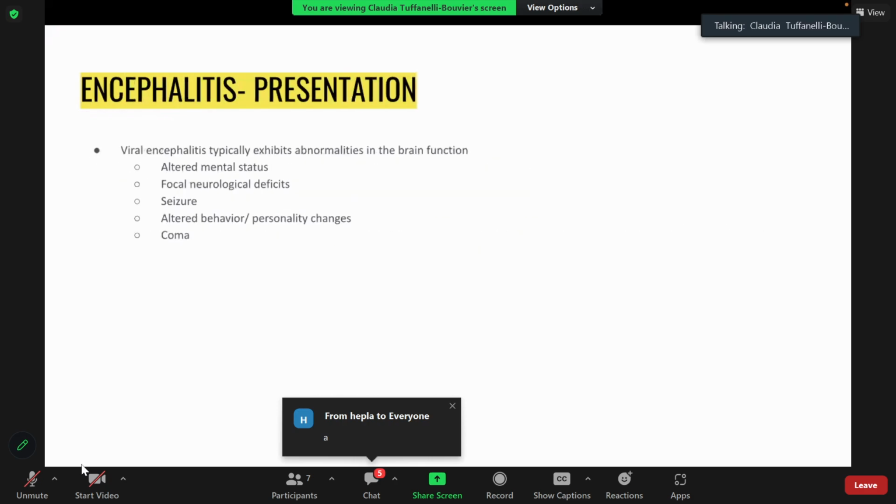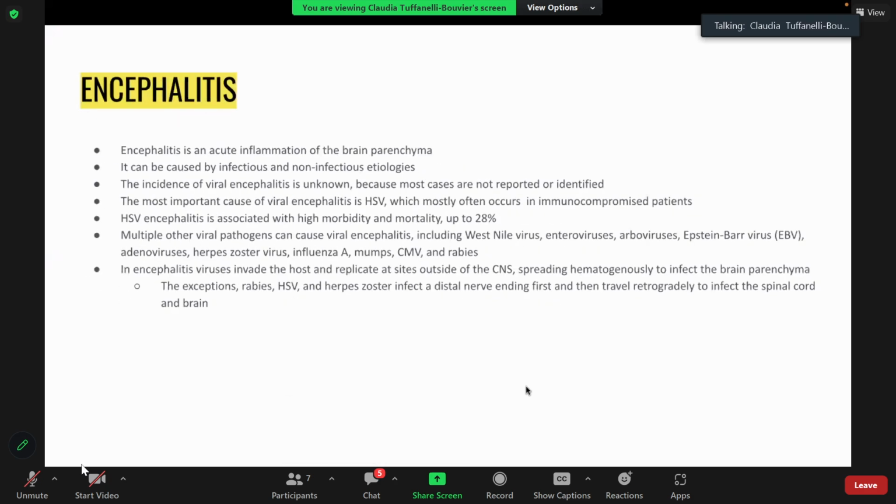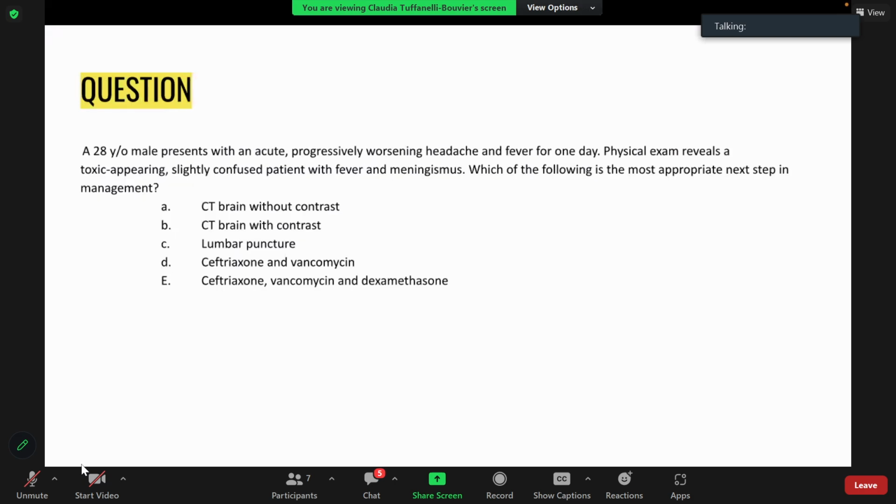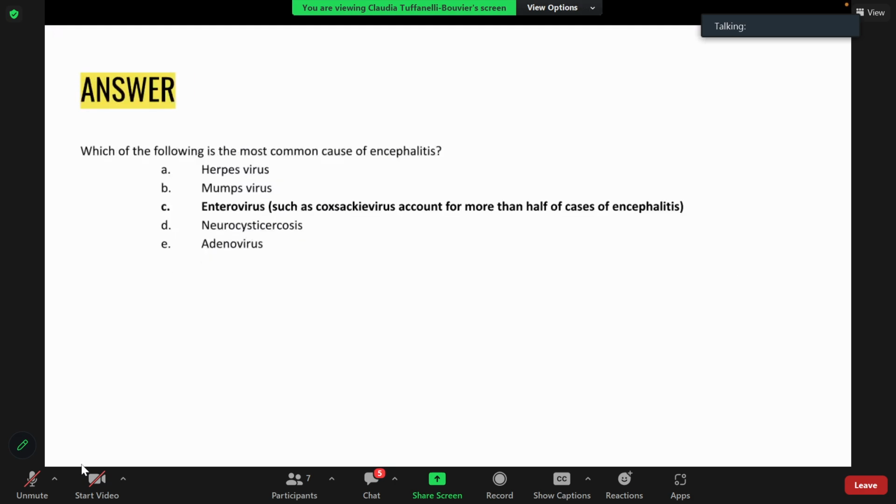Yeah, so this one, I know we talked mostly about herpes virus, but it's actually enterovirus. Remember, the most common cause of encephalitis is going to be enterovirus. So same as meningitis, actually, for both meningitis and encephalitis, the most common viral cause is going to be enterovirus. And the enteroviruses are going to be Coxsackie virus,